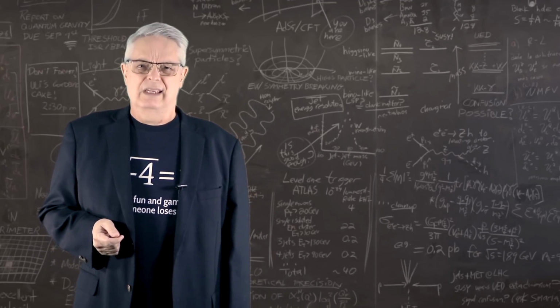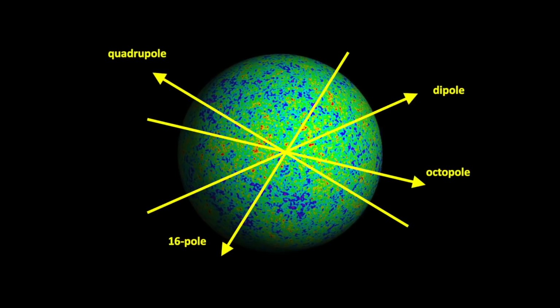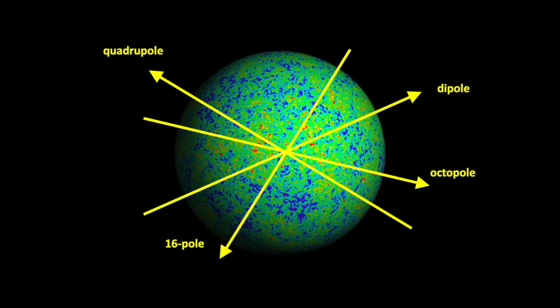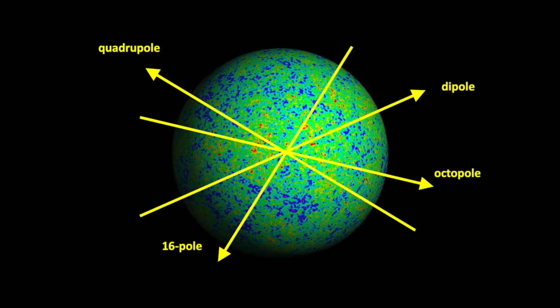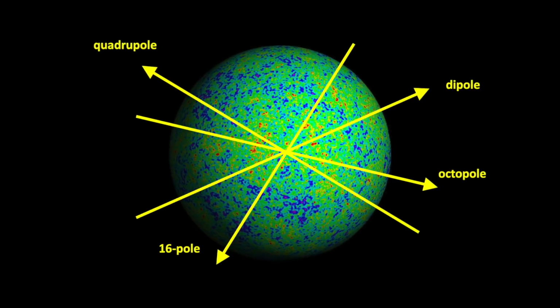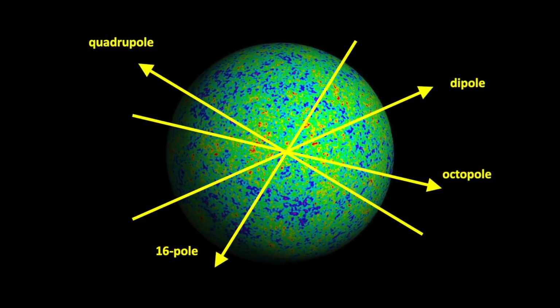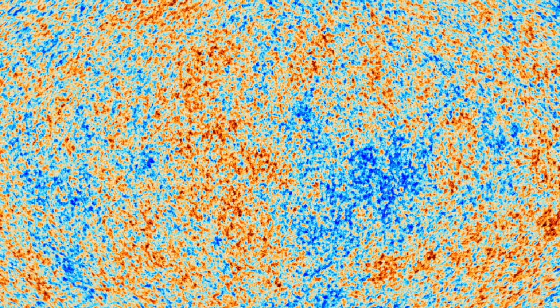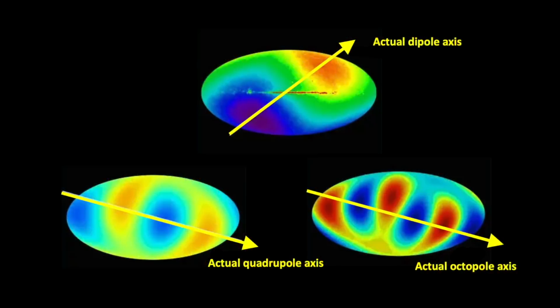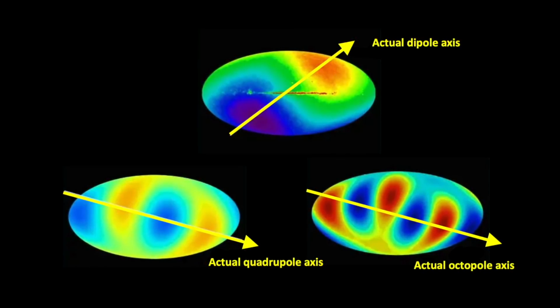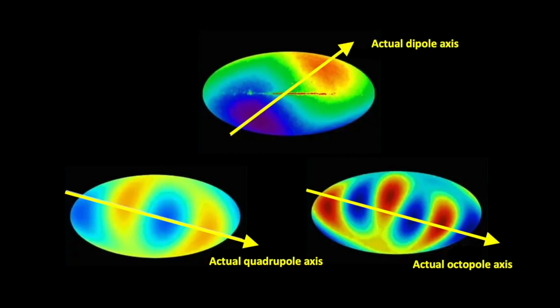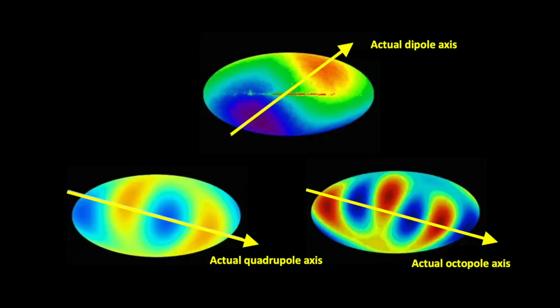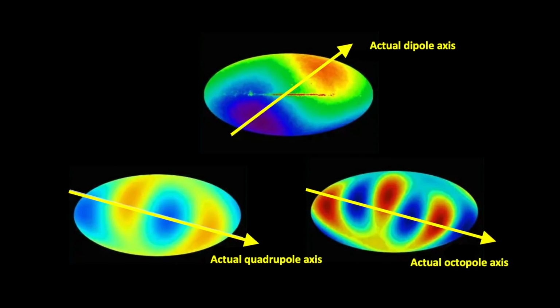Now we're getting to where the mystery arises. By all rights, the axes of all these functions should be oriented randomly, pointing in any old direction. There should be no preferred direction. However, when we look at the axis for both the quadrupole and octopole, they seem to be more or less in the same direction. Even weirder, they seem to be aligned with the axis of the solar system, which is perpendicular to the plane in which the planets orbit.